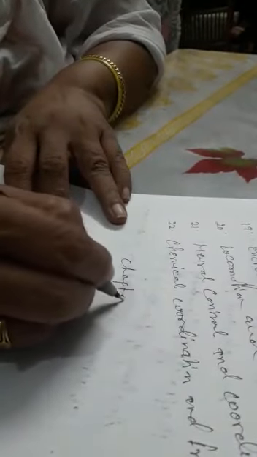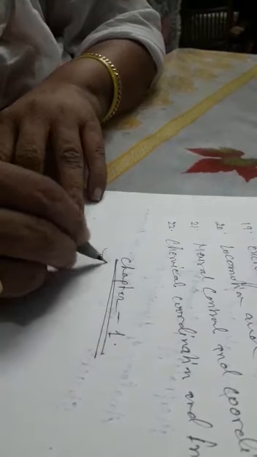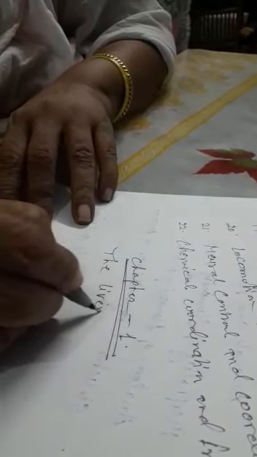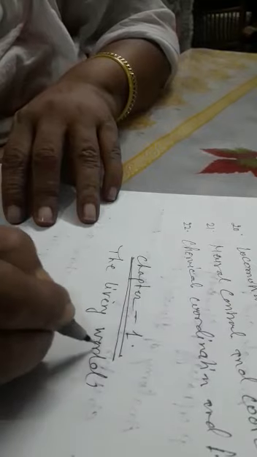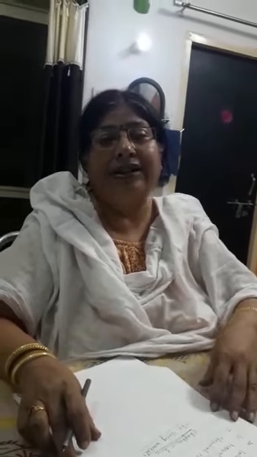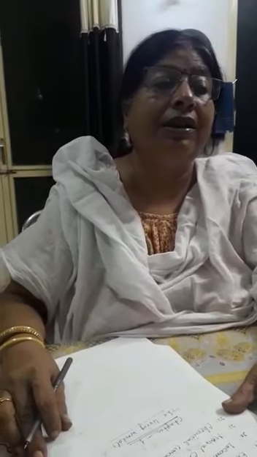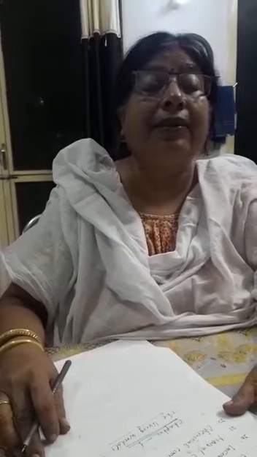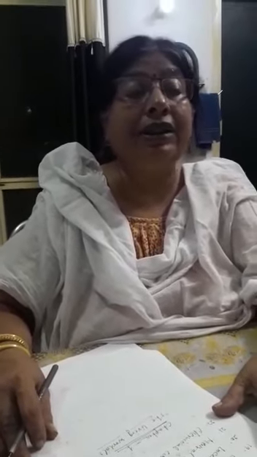First chapter, first topic is the living world. First you know about life. What is life? What is living? So life is a unique, complex organization of molecules that express itself through chemical reactions which lead to growth, development,